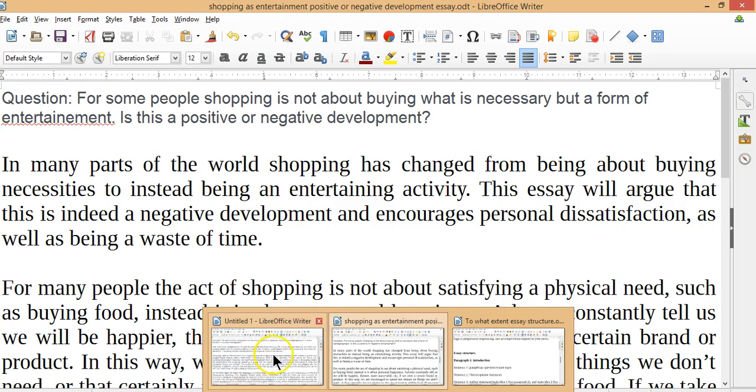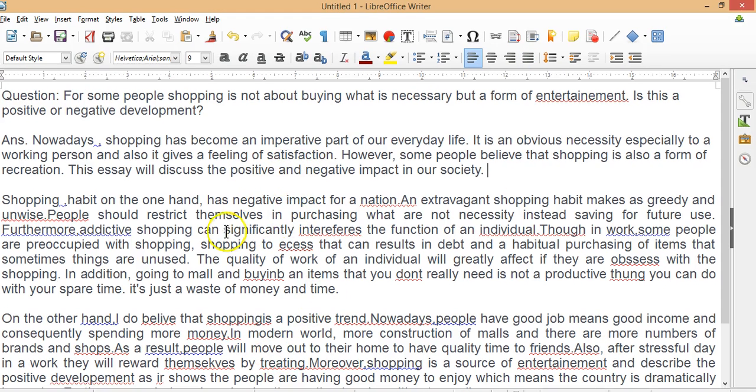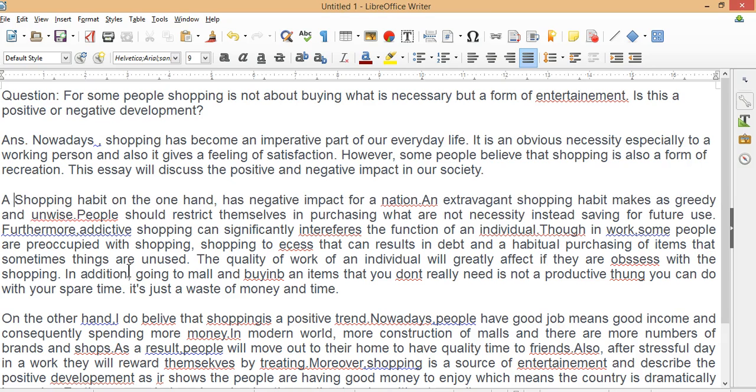Okay, now let's have a look. "A shopping habit," well, we don't need that. "Shopping habit" or "a shopping habit," perhaps we should use an article. "A shopping habit, the shopping habit, has a negative impact." Don't forget your articles. "For a nation," well, what's that got to do with is this good or bad? "For some people," now you're talking about a nation. "An extravagant